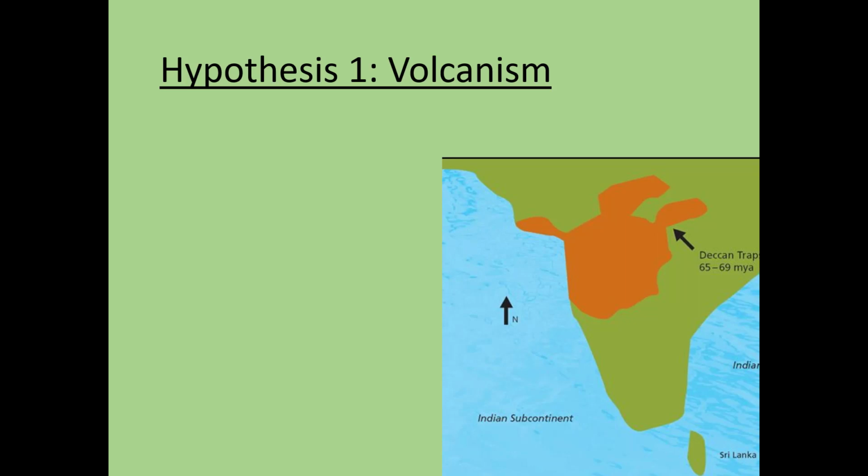There are a couple of hypotheses. One is much more widely accepted than the other, but let's start with the first one, which certainly did not make life any easier for dinosaurs during the late Cretaceous period. So the first hypothesis has to do with the supervolcanic eruption, and this is the eruption of the large igneous province that's known in India as the Deccan Traps eruption.